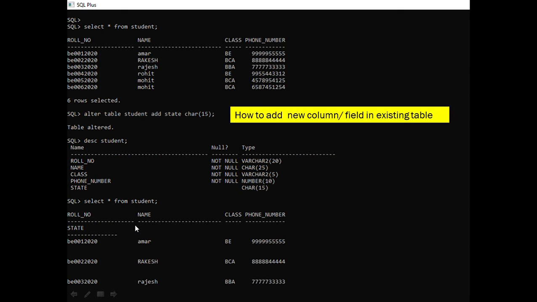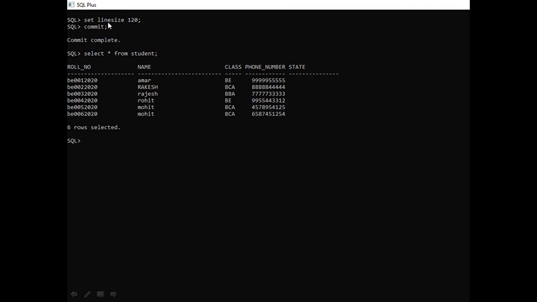If this condition arises, just type set linesize 120 and commit. Commit is completed, then again type select asterisk from student. It will arrange. Now I have added one more column, that is state: roll number, name, class, phone number and state.